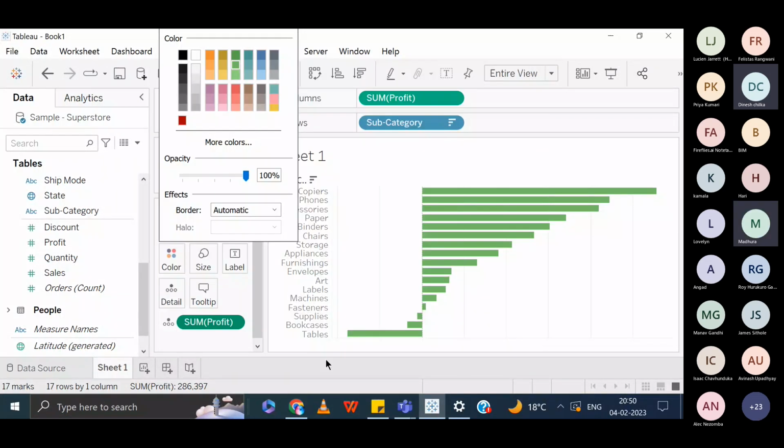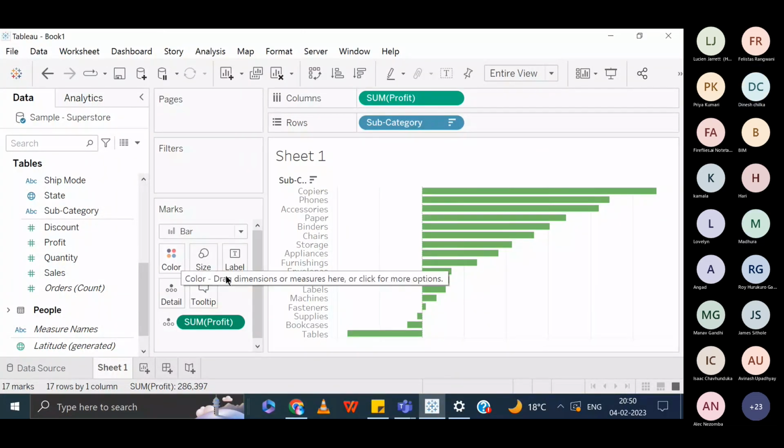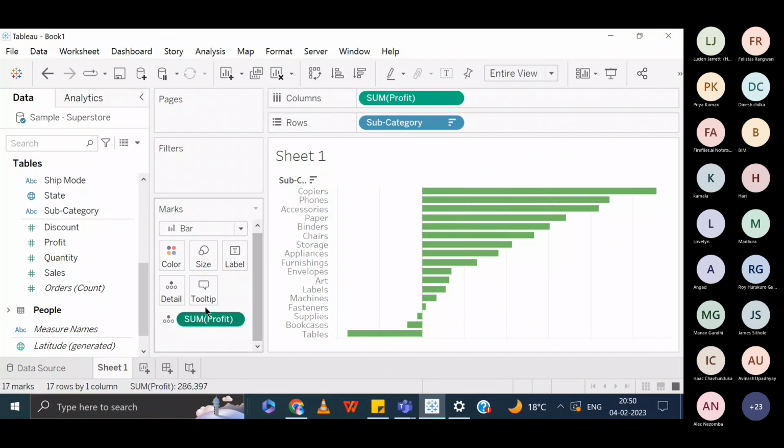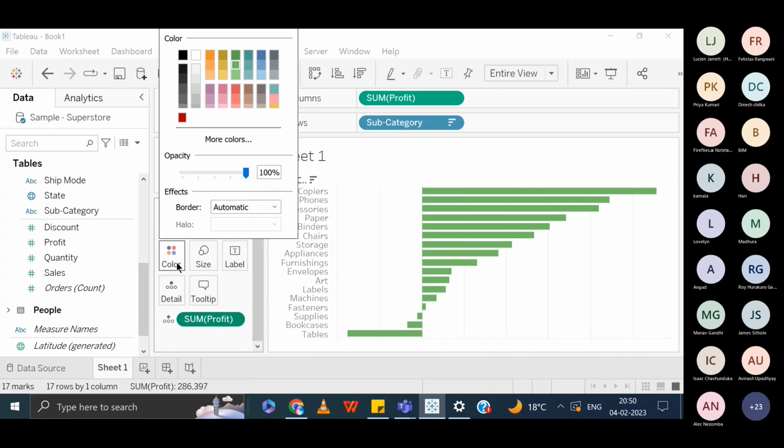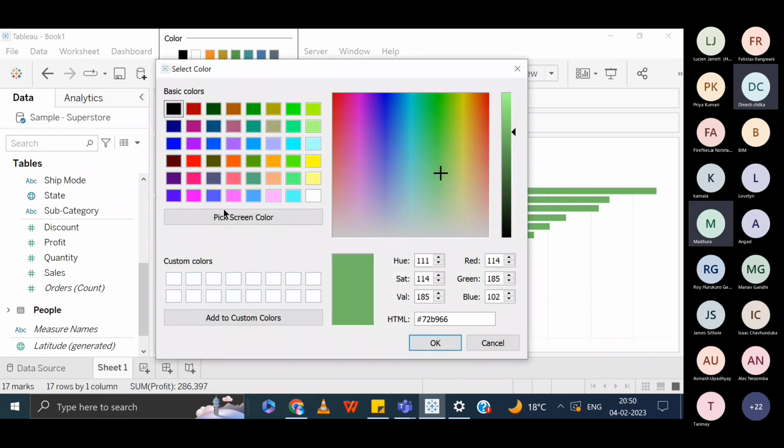So I have tracked this profit column here, and I'm clicking over this color. It is coming in this way. I'm not having the option to edit color. I understand that. First of all, tell me what is not coming. You have the edit colors tab where we can go and choose more colors, right? More colors. If I go here,